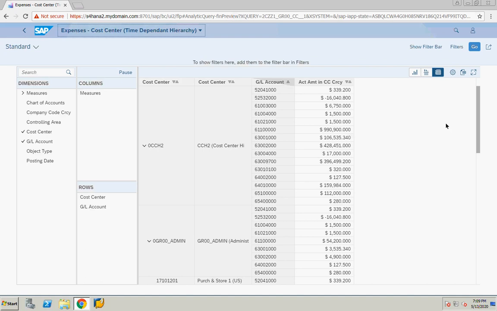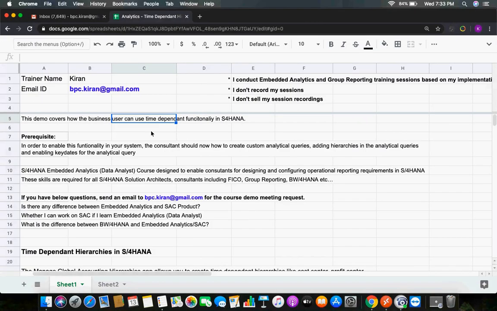Quick question. Let's say you are implementing BPC standard. Usually when you create FSV, where we create the hierarchy in S4, we import it to BW and then BW to BPC. So when you create this hierarchy using this app, can it still be pulled up to BW and then to BPC level?